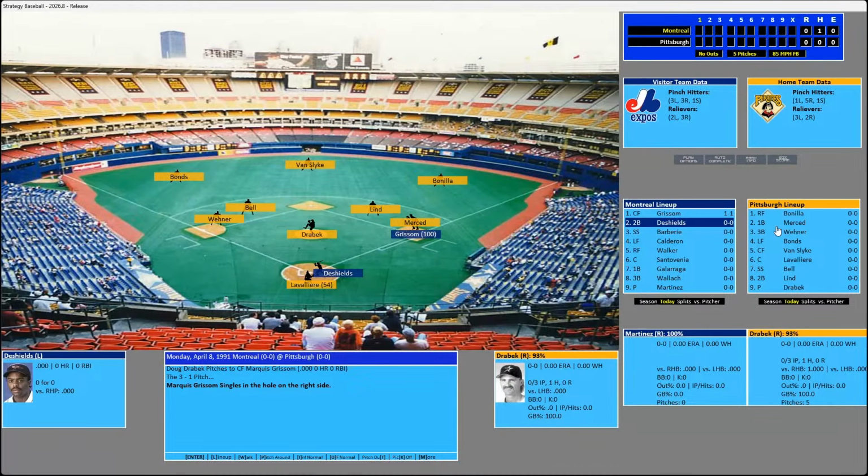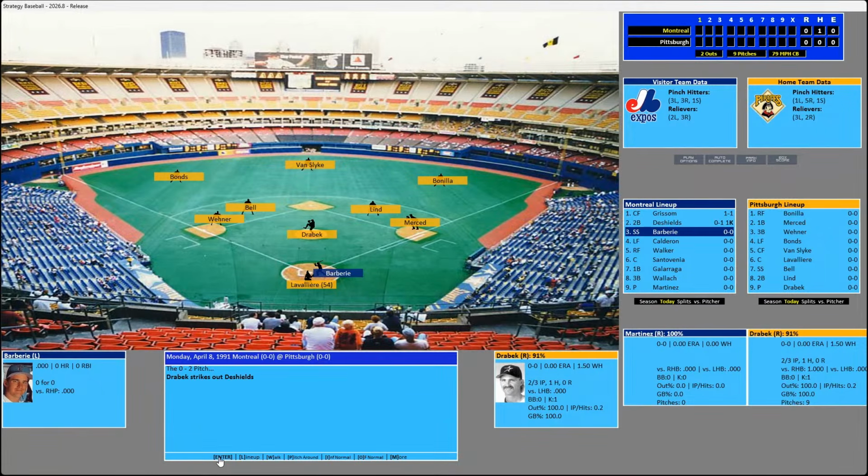All right, Delano DeShields batting in the number 2 slot, second baseman here for DeShields, and we're not going to worry about his season or anything like that. Let's just do it. Is Grissom going to go? All right, Drabeck. Marquise Grissom attempts to steal, and he is out of there. Spanky comes up gunning, and Grissom is out of there. So bases empty, 1 out for Delano DeShields. Pitch count's going to keep going up here. That last pitch was a little off-speed number at 85 miles per hour on the clock. Drabeck deals to DeShields. Here's the 0-2 pitch, and DeShields comes up empty. So 2 down